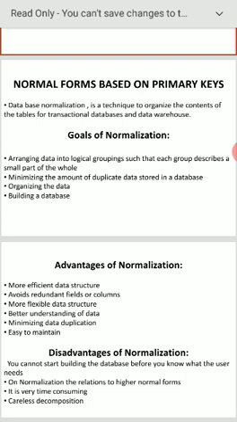Next, better understanding of data. That is very important. First, we have to understand the data, what it is. What is the meaning of the data? How many columns are there? How many rows are there? The meaning of each column, the meaning of each row. What is the purpose of each column? What is the purpose of each row? Which is the primary key? Which is the candidate key? Which is the foreign key? These are all done by the normalization.